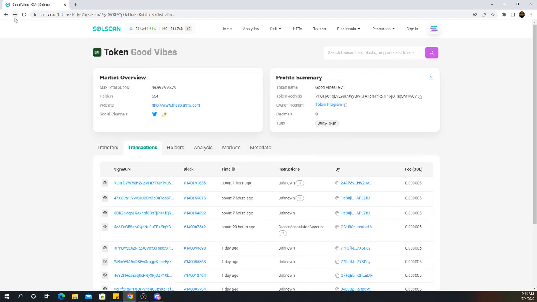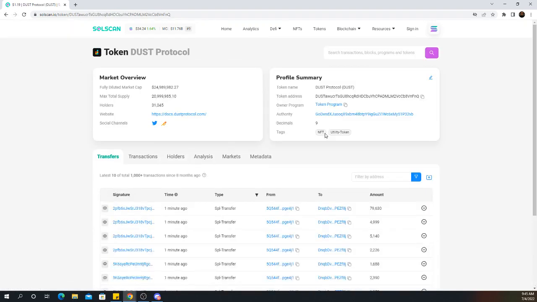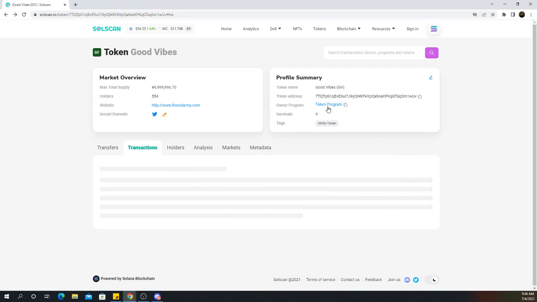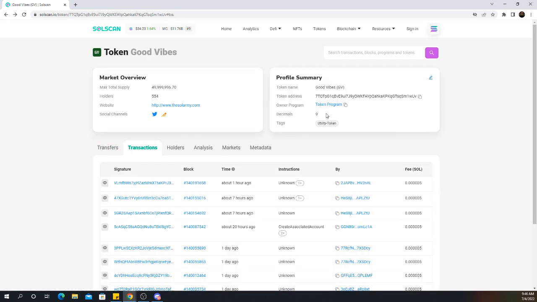Okay, so similar to what we looked at with NFTs, with these types of tokens, there's an address that can essentially create more of them, and we won't get into the command line of how they actually do that, but you can just know that if you see an SPL token like this, be aware that more of that token could be created. If you see a token like this, that means that no more of that token can be created.